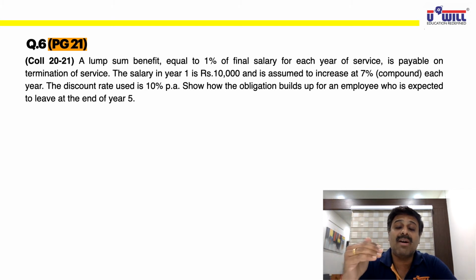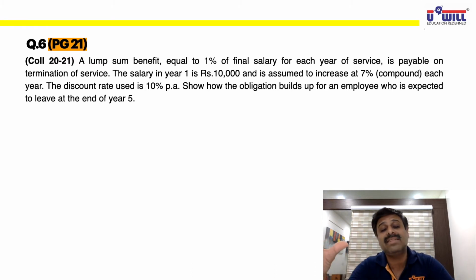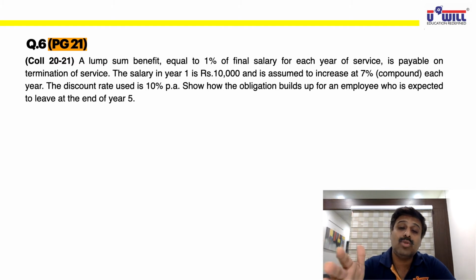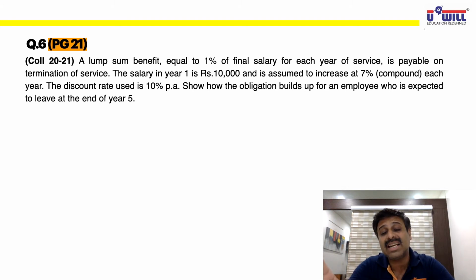So if you leave the job after 7 years, then whatever is your salary after 7 years, 1% of that amount will be given for all the 7 years. If your salary at the time after 7 years is, let us say, 2 lakh rupees, then 2 lakhs 1%, that is 2,000 rupees given for all the 7 years, that comes to 14,000. That is what company has decided.